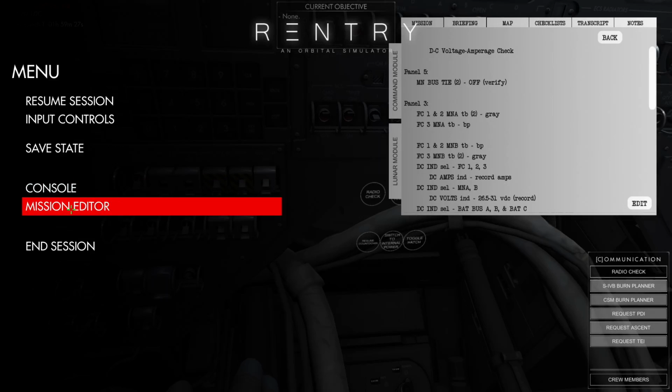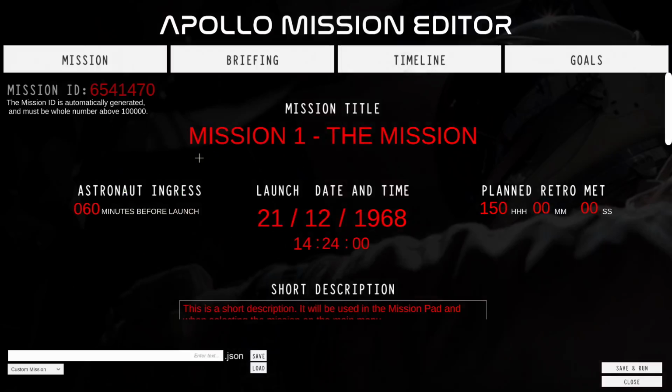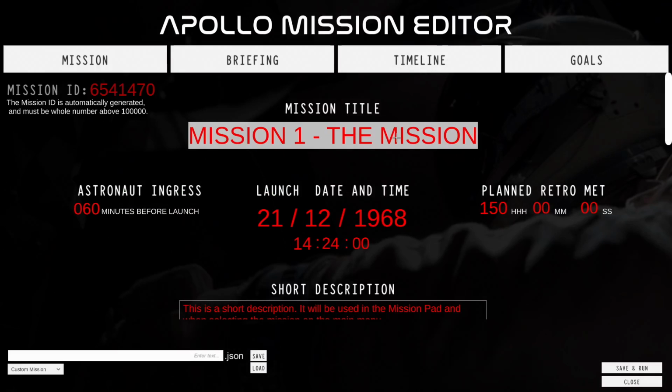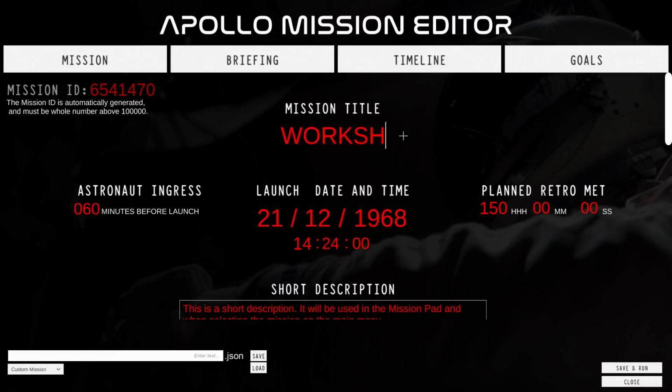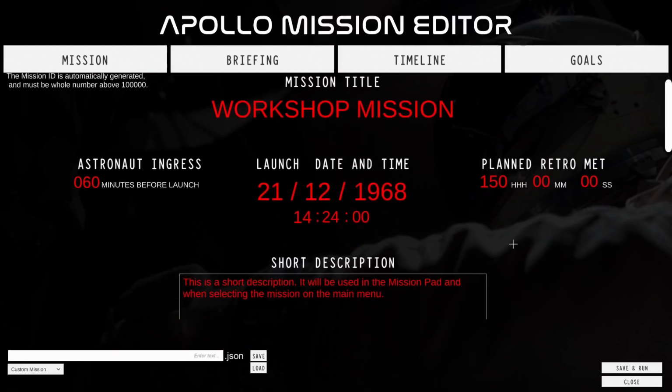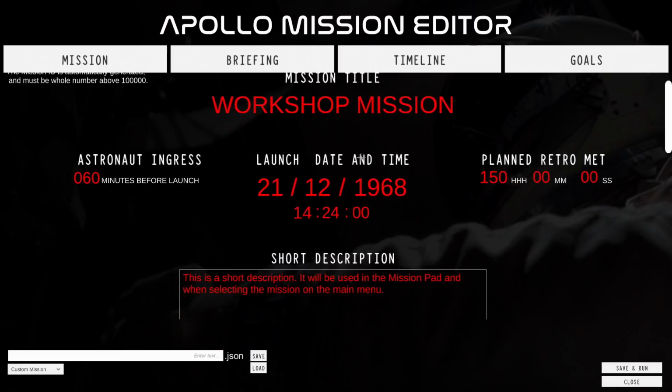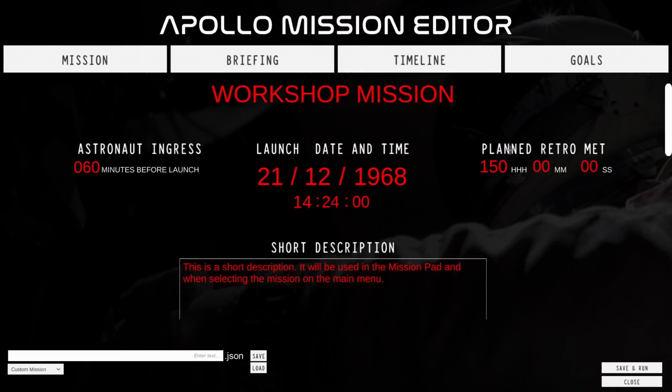If I now go back into the mission editor, you can see that the same mission is still loaded. I'm going to call this workshop mission. There we go. You can specify the launch date and time, and how many minutes before the scheduled launch time you will be loaded into the cockpit. For example, 1 hour before. And then retro time doesn't really